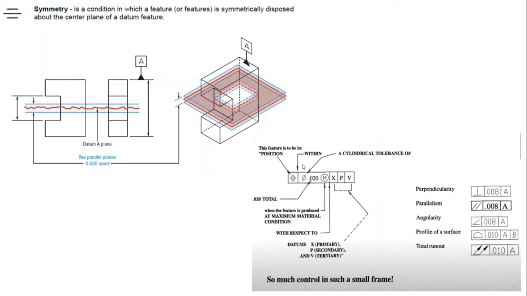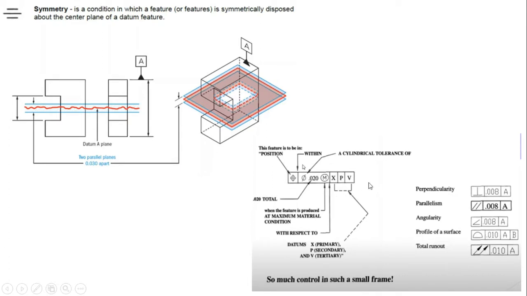And these are some preferences we need to remember. We have given some indications here with respect to that. We have the namings. For perpendicularity, with respect to datum A, it is perpendicular, but with respect to this tolerance; even parallelism we refer to like this. Angularity, same for total runout and the profile surface. And then we consider this particular